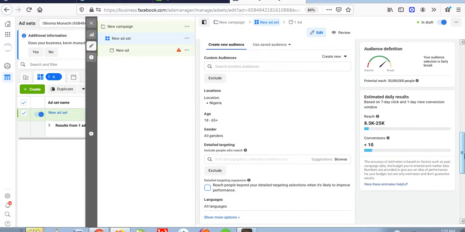Okay, so it's very important you understand the aspect of detailed targeting expansion so that you can actually know when to make use of it and when not to make use of it. So if you have an audience of 2 million, 3 million, 4 million and above, you don't need to turn this on. But when you have an audience of 300,000, 200,000, 250,000, in fact audience below 500, 700, you need to turn it on in order to expand your audience reach, thereby increasing your ad